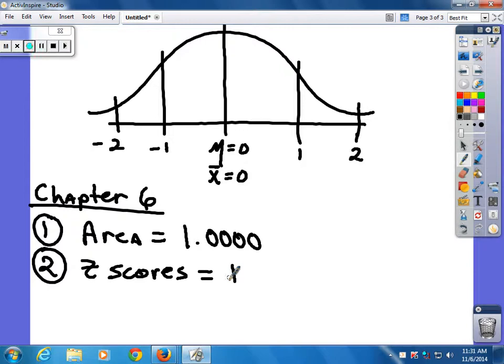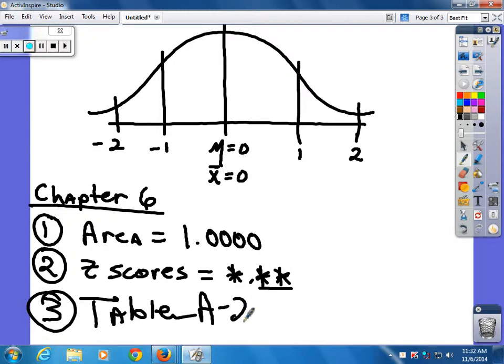I'm just going to use star, dot, star, star, meaning two place values. If you see two place values, you're dealing with a z-score. And we're going to be dealing with table